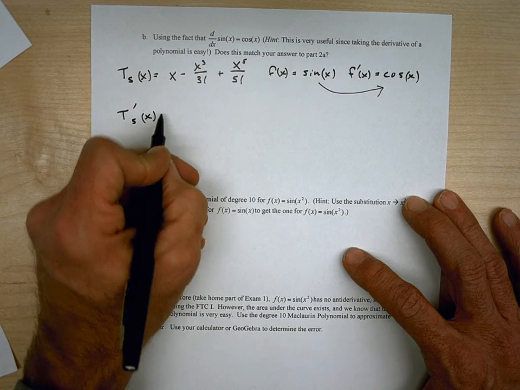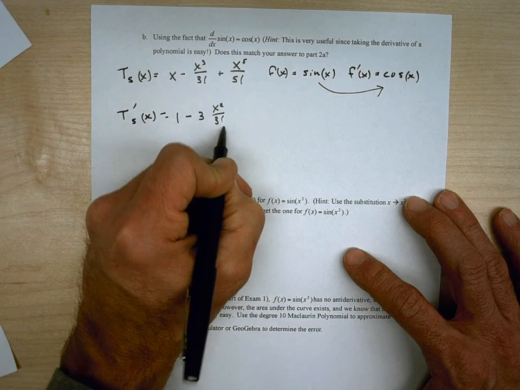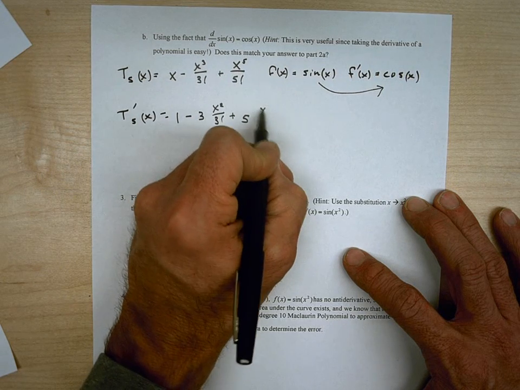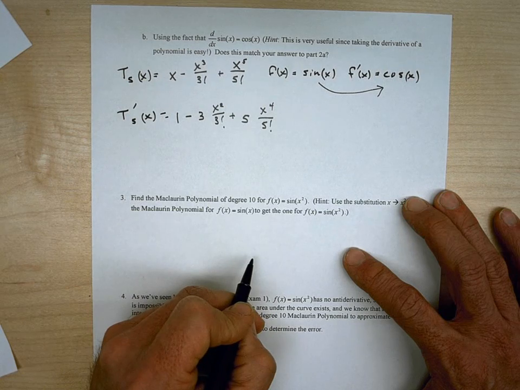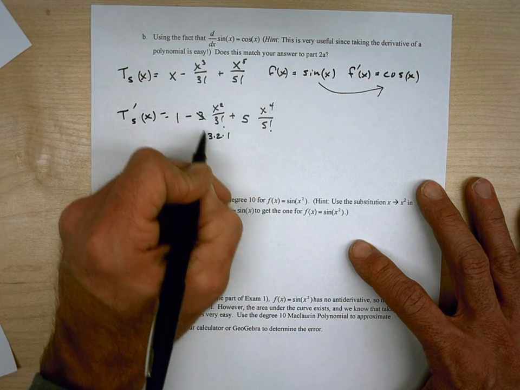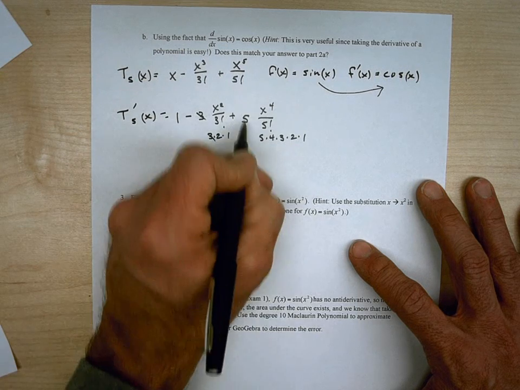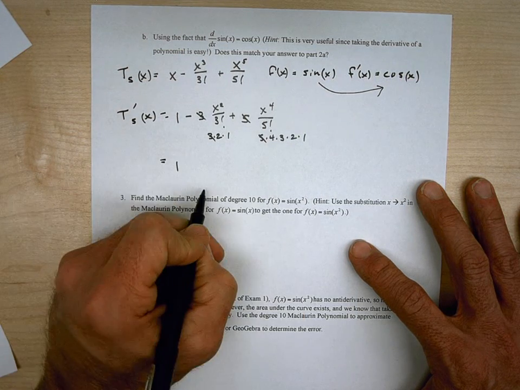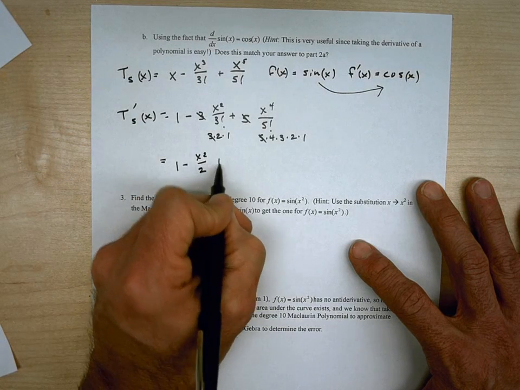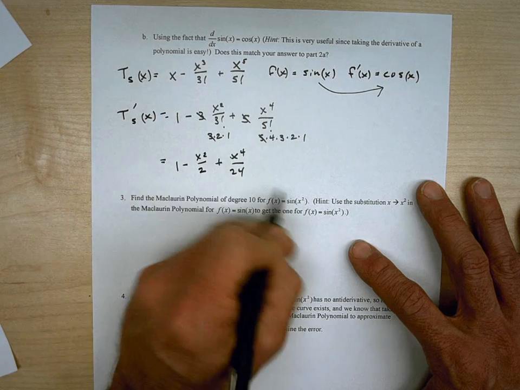So let's do that. Well, the derivative of x is 1, and then this is going to be minus. So we bring the 3 down out front, x squared over 3 factorial, plus, again, bring the 5 down out front, and then that's going to be x to the fourth over 5 factorial. So let's see if we can simplify that a little bit. Now remember that 3 factorial is 3 times 2 times 1. So those 3's cancel. And 5 factorial is 5 times 4 times 3 times 2 times 1. So those 5's cancel, and I'm left with 1 minus x squared over 2, right? 2 times 1, plus x to the fourth over 4 times 3 is 12, times 2 is 24, times 1 is still 24. And you notice that's exactly what we got